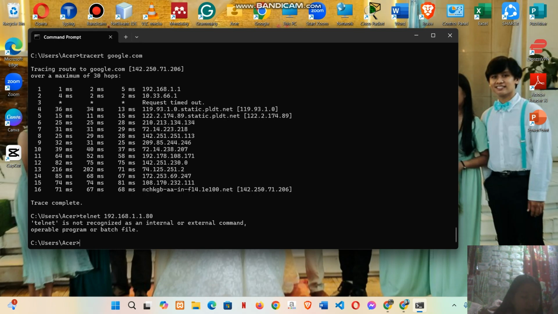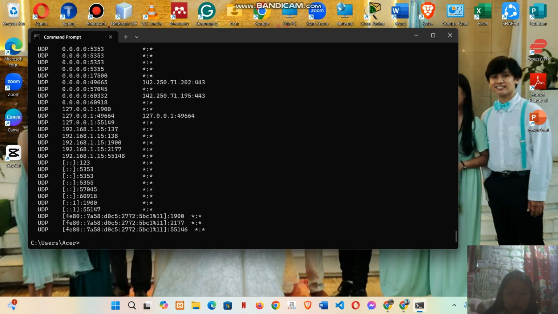Anyways, step 5, monitor active connections. So view active network connections. Just type netstat. And then check specific port usage.